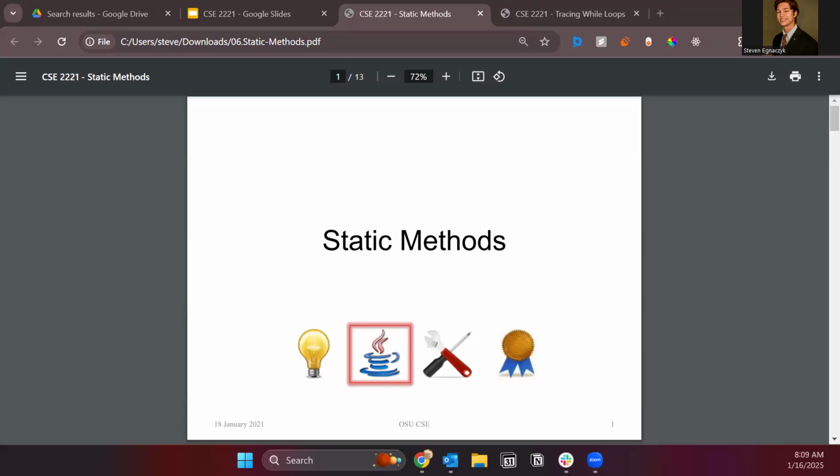Math is math. It doesn't matter what type of math, or math doesn't differ. It's static, it doesn't change. That's when you would use a static method. So when you use a static method, it depends on what class you're in. So let's say, again, you're in the Monte Carlo Java lab,